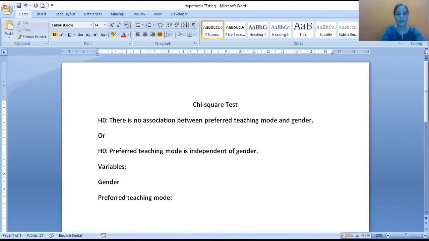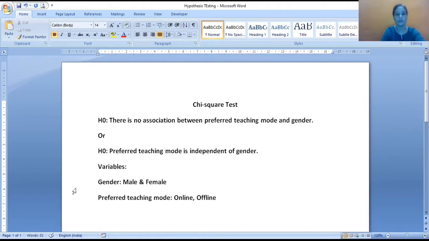I'll show you the database, in which both the variables are categorical. For preferred teaching mode, there are two categories, online and offline. And for gender, also there are two categories, male and female.